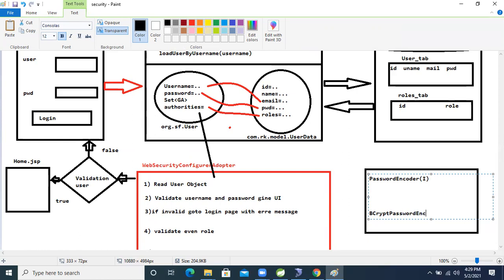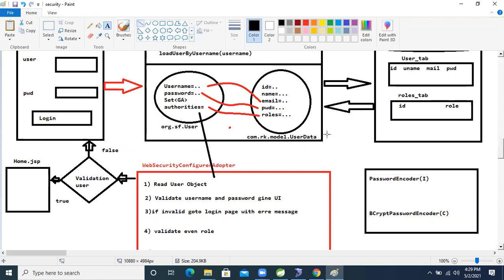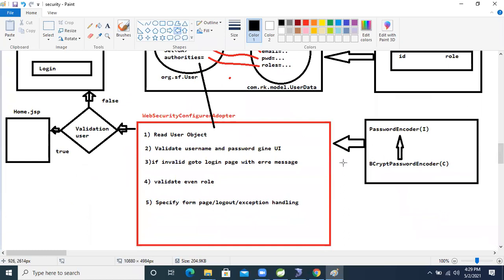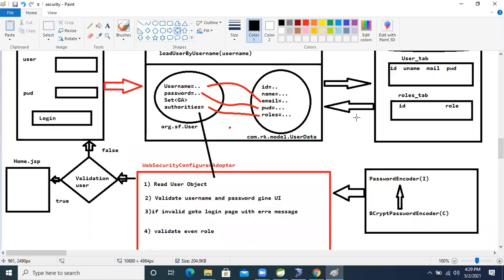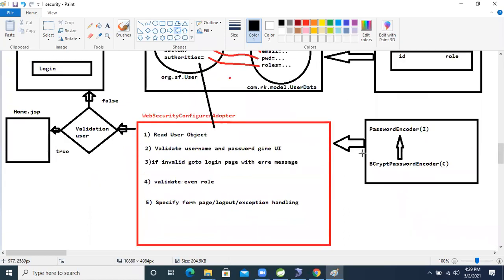This class also we will use inside the WebSecurityConfigurerAdapter class.